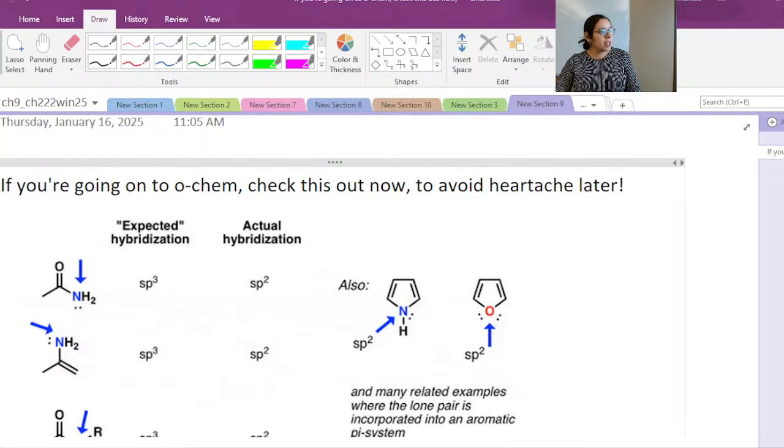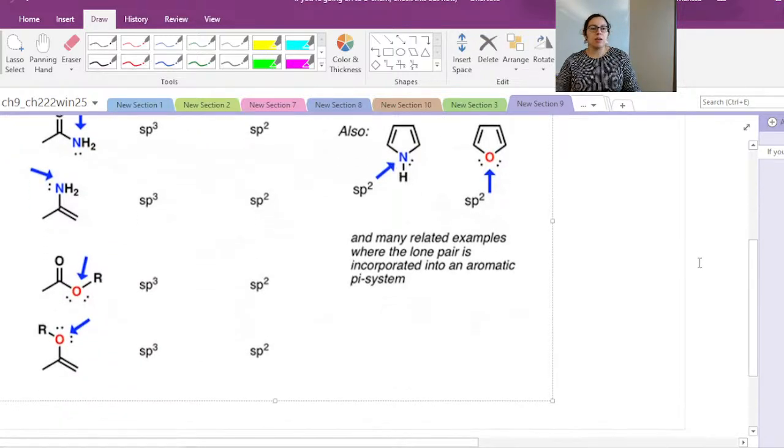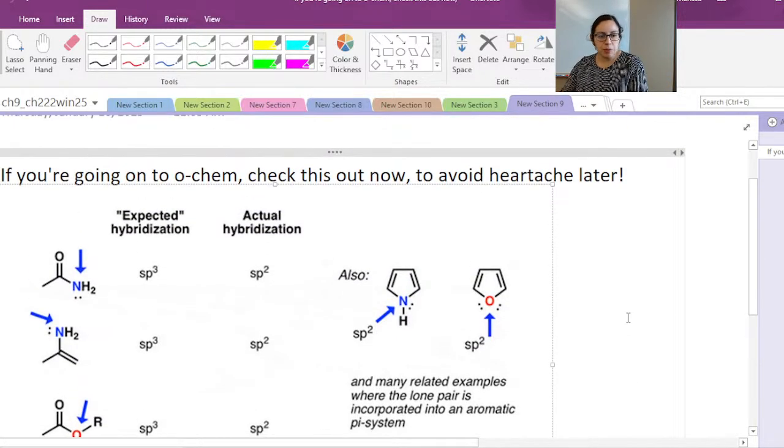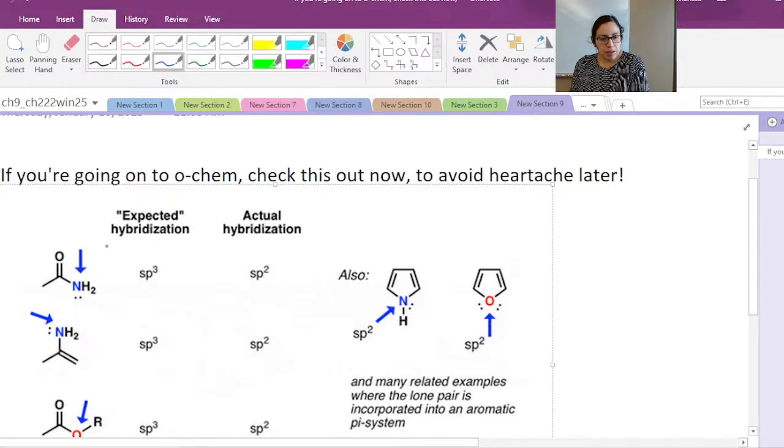in OChem. And so kind of looking at this, because nitrogen is always funny, and this is always good to think about, because what we're trying to get at is, well, what's the reactivity? What can happen here? Is this susceptible to attack? And so if we look at this, it would be easy to assume that it's sp3, because it's attached to this 1 carbon, 2 hydrogens, and it's got this lone pair. But what could